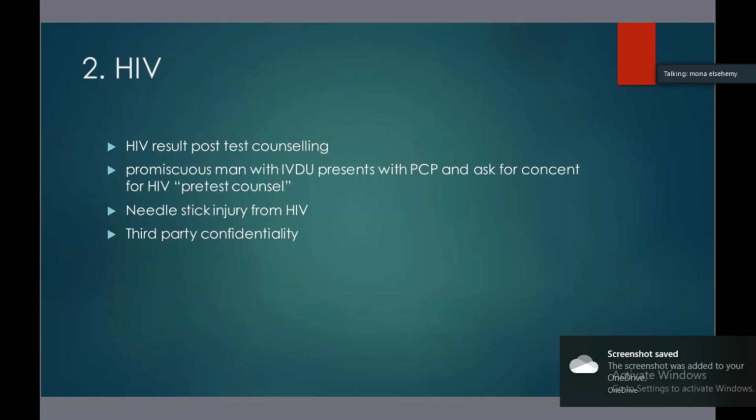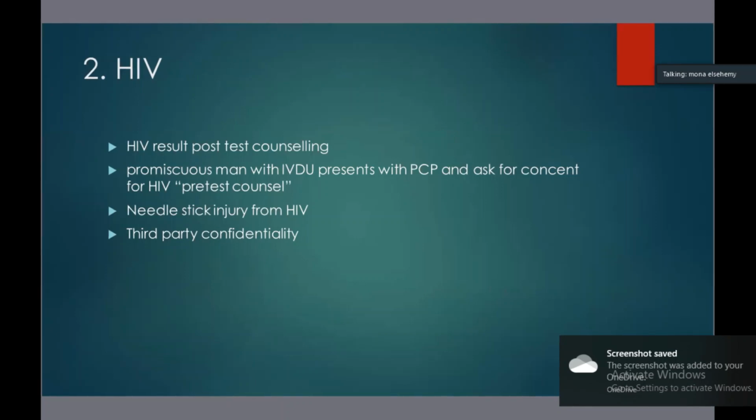Another issue, what I'm going to do now is a basic blood test for HIV and also hepatitis B and C, because they can be transmitted the same way. If it is positive, this means you have this problem from before. If it is negative, this does not mean you don't have the infection, but we have to repeat the test after 3 months for HIV and 6 months for hepatitis.